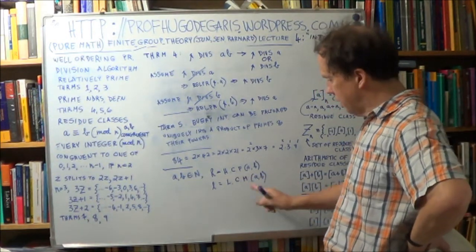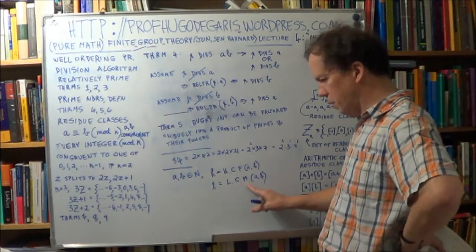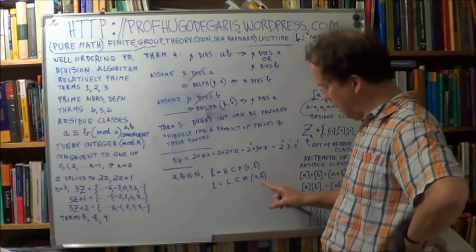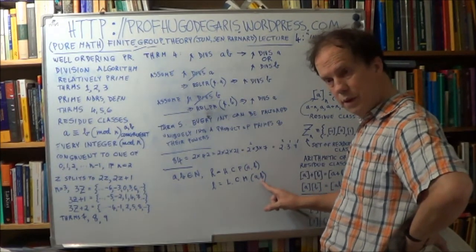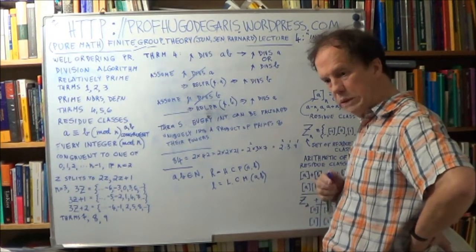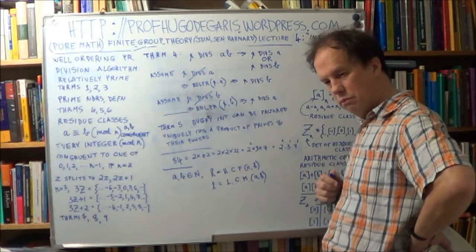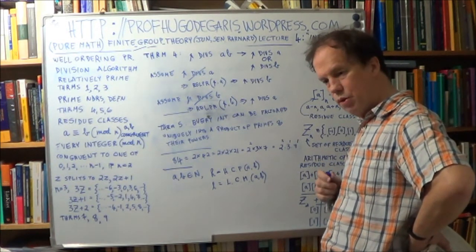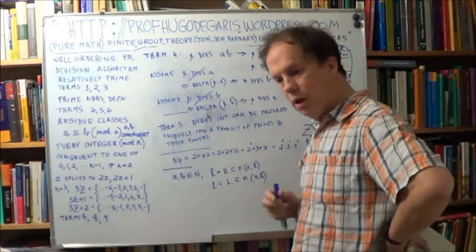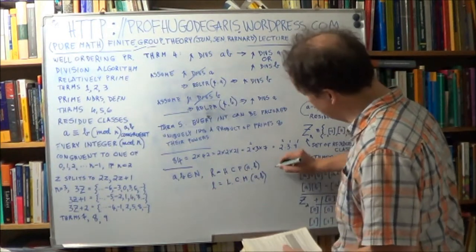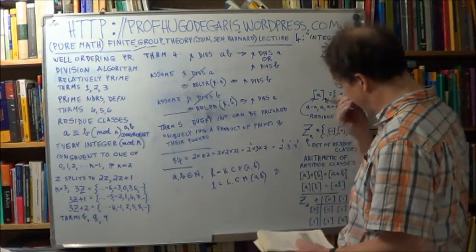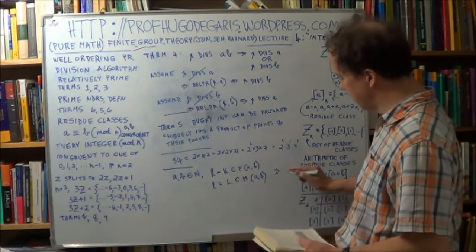Now, a common multiple is some number that A divides and B divides. So what would the multiple be of 3 and 7? Well, let's see, 3 and 7. 21. So 3 divides into 21, 7 divides into 21. Now is that the smallest one? Yeah, the least. Is that the smallest one? Well, if you had 42,